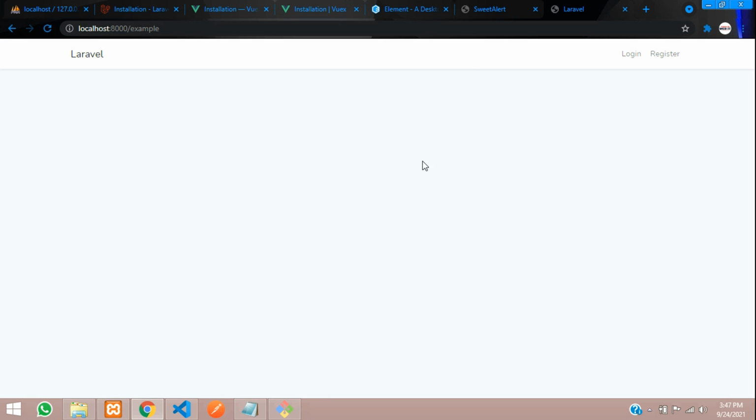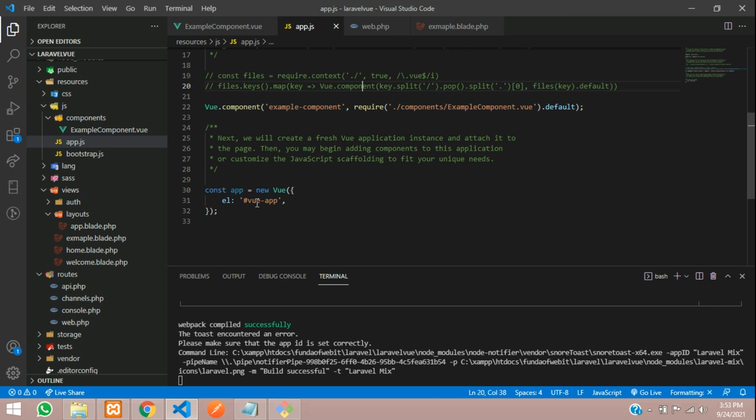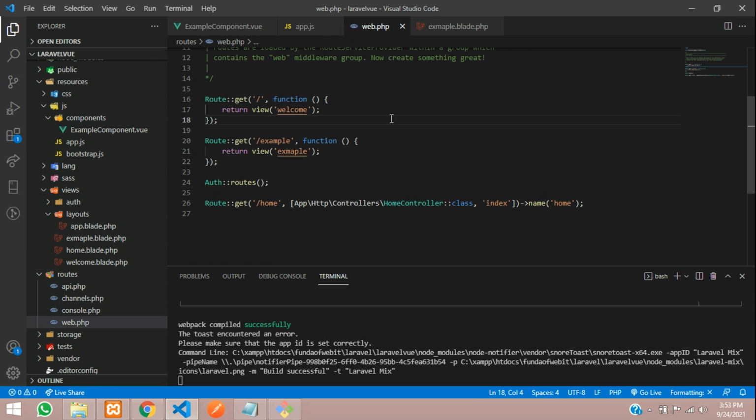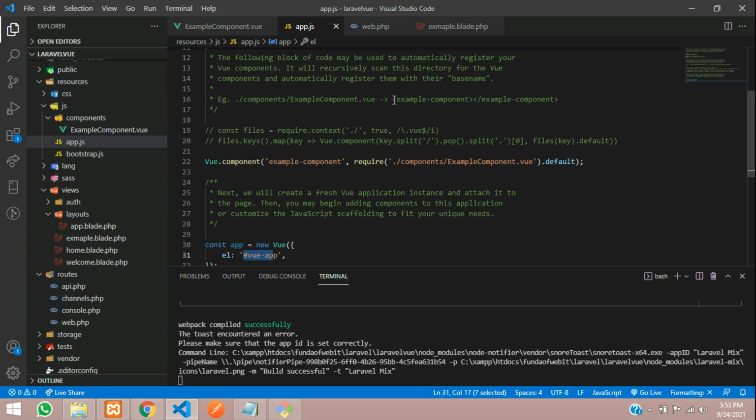Enter. Okay, we are not getting the output. Let's go back. This ID is also correct. Oops, we have not called the component. You need to call this example component inside your example blade file. For example, here you can see they have set it. Let's copy this, because the same example component we have to call.